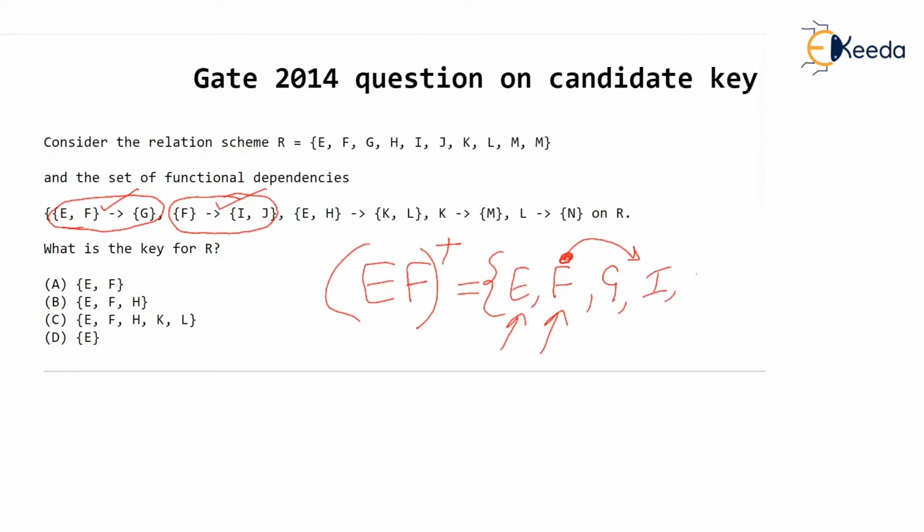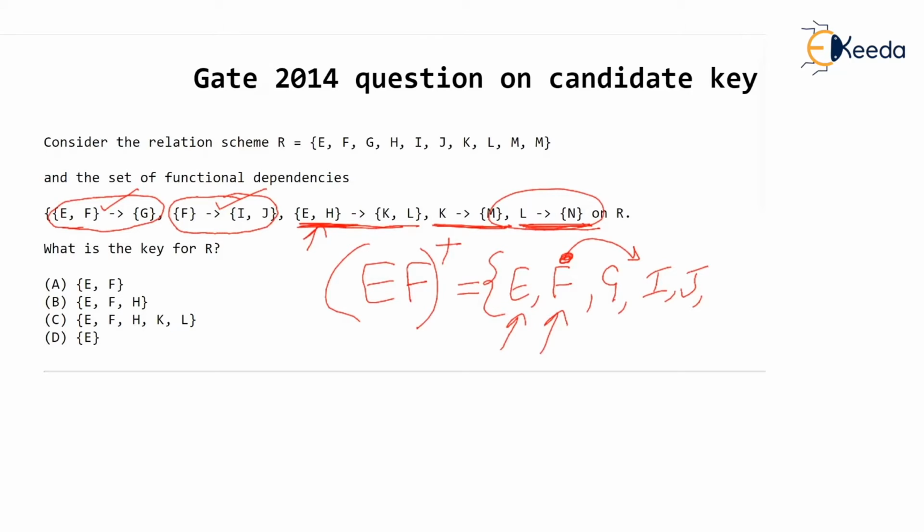Okay. Now you watch, E and H cannot be used yet, what I am underlining, because although E is there in the closure, H is not there. So this dependency cannot be used till now. K determines M cannot be used because K is not there in the closure set. L determines N, no, we can't use this, because L is not part of the attribute closure set. If L was there, then N will join. The right hand side will join.